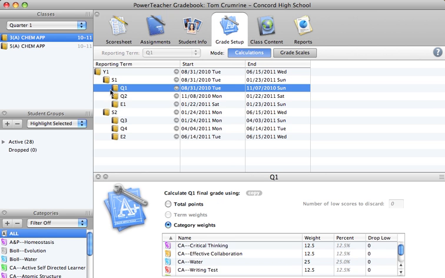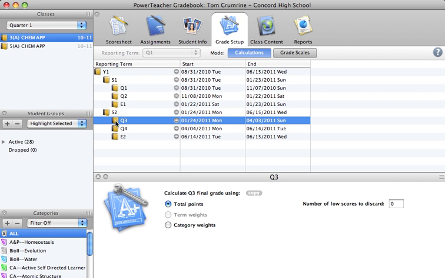You can also choose to do total points, and if you're going to choose total points, that is the default system to go with. The system default. So if you're going to use total points, you do not have to do anything to the